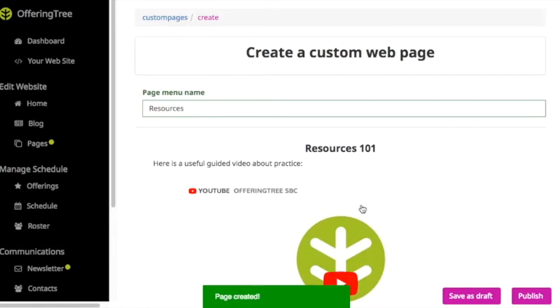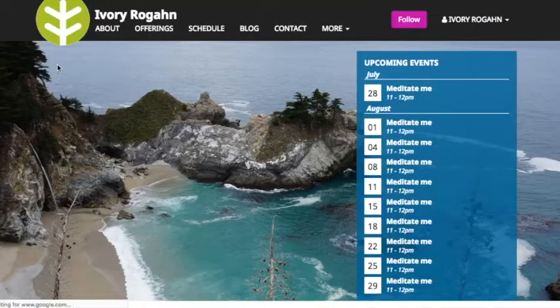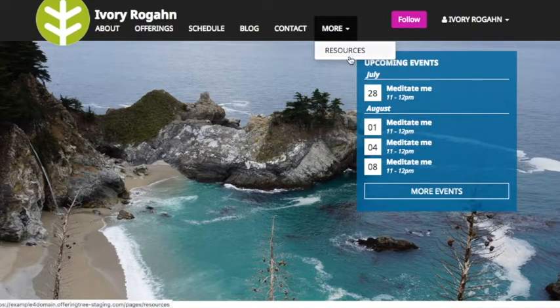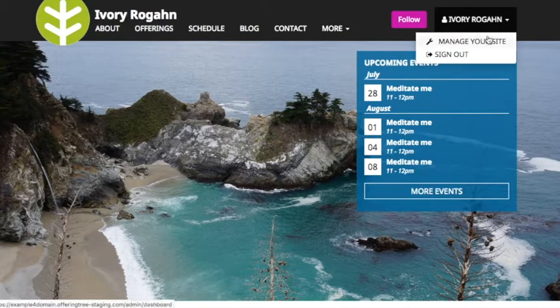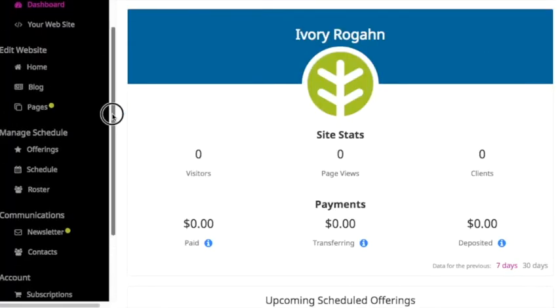Now, since I've just published this, if I look at the public-facing view of my site, you'll see that it actually will show up under the More tab. There's Resources, and that's because of the ordering right now of the pages that I have. If I want to change this ordering, let's say I want to move Resources to appear right after About, I can do that. All I have to do is go back into the dashboard of my site, and then I